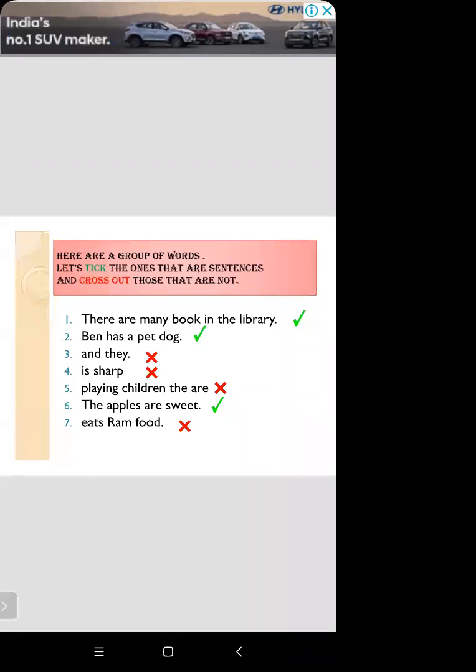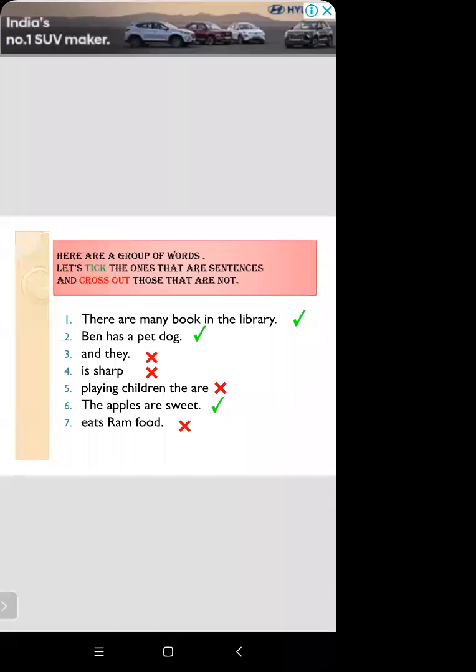First letter should be a capital. First letter क्या होना चाहिए? Capital होना चाहिए. Now third one is here. It has a subject and verb combination. देखिए subject और verb का combination तो होगा, लेकिन place पर्टिकुलर प्रॉपर ऑर्डर में नहीं होंगे तो क्या होगा? वो सेंटेंस नहीं होगा. जैसे लास्ट वन एग्जांपल था, Eats Ram food. Okay, so now if we write it down in proper order, so Ram eats food, so that's why it is a sentence.